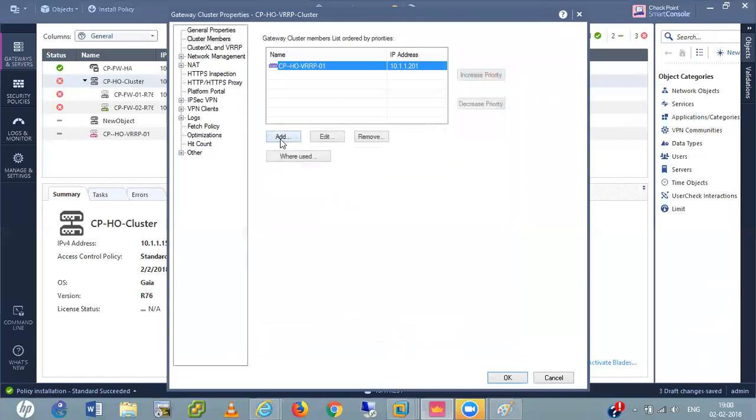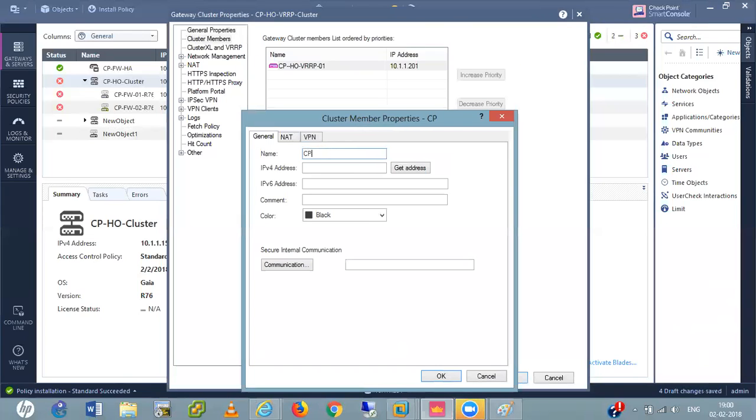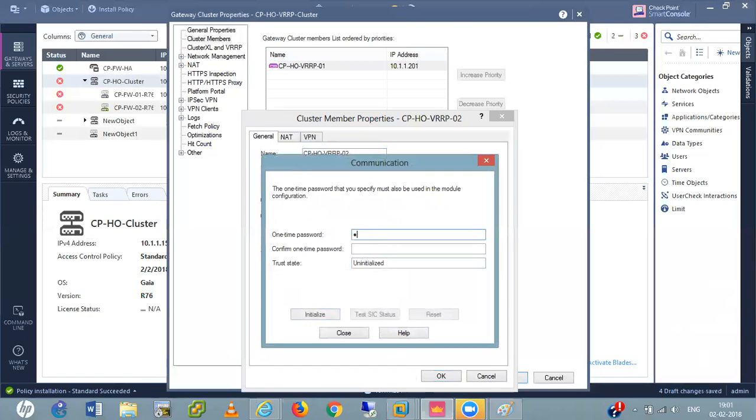Now add one more member here. Head Office VRRP 02, 10.1.1.202. I'll select the blue color. Enter the key. Initialize the trust here.